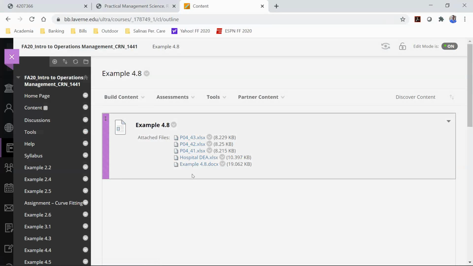Alright, you'll see that there's some other Excel files that I have here in the example 4.8. So let's open up